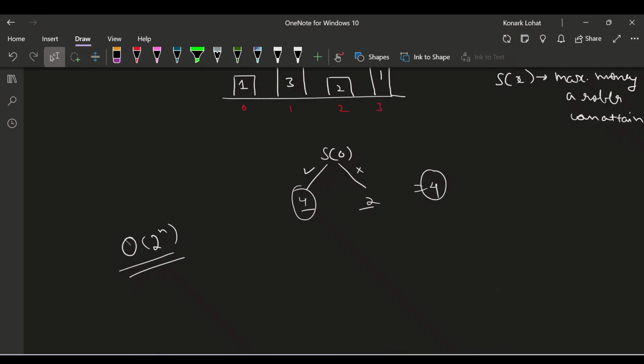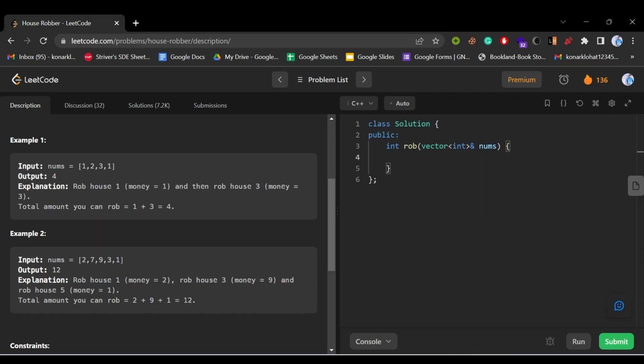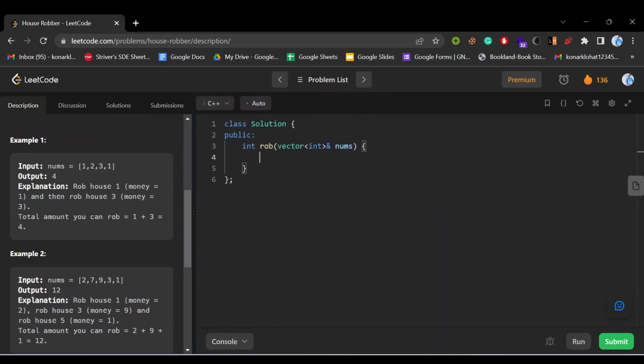Actually it's not 2 raised to the power n in the space complexity part, because we will be backtracking and we'll be removing the functions. So because of that, I think it won't be 2 raised to the power n as space complexity. Space complexity will be equal to n only, right? Because we are stretching the tree, and the height of the tree is the space complexity. So that is, I think, equal to n only. Yeah, makes sense. Now let's write the recursive code, and then we will optimize it,